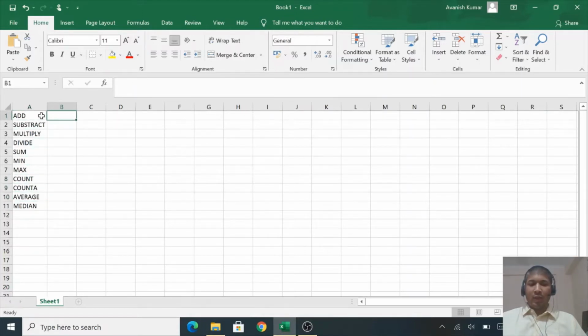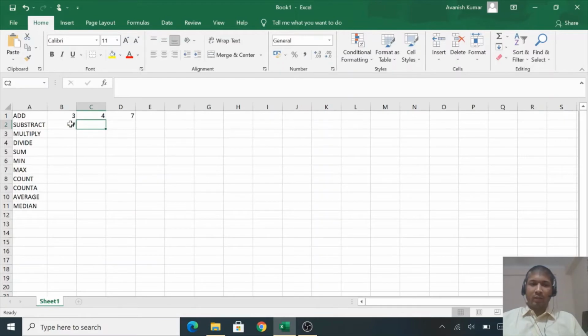We'll see how we add two numbers in Excel. Let's say the first number is 3 and the second number is 4. Every function has to start with an equal to sign, and then we can write 3 plus 4. We see that the sum is 7. Otherwise, we can also select the cells and do the sum. For example, equal to, and then we select the first cell and the second cell, and we get the same result.